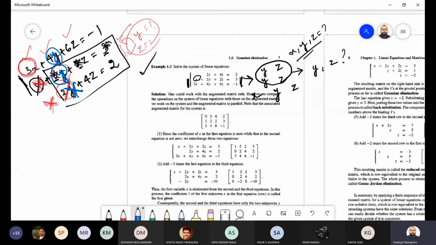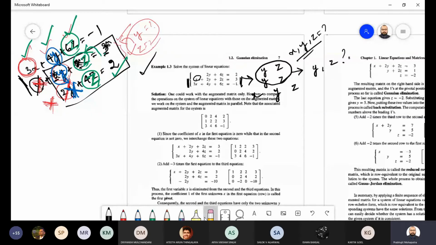Getting or not? In the last step, you have the z value. From here you get the z value, then you substitute the z value and get the y value, then you substitute the y value and z value and get the x value. Clear or not? This is called the Gaussian elimination. Leave that thing, we will come to it step by step, no need to worry.